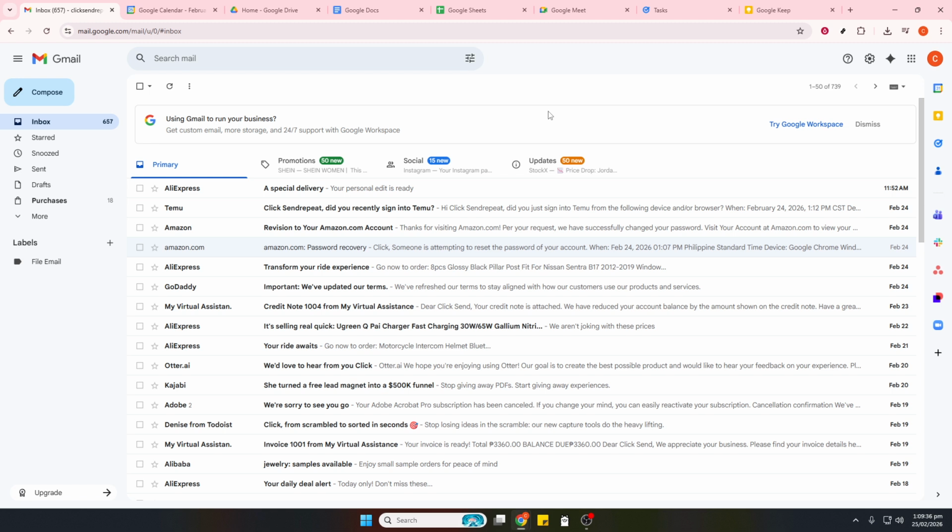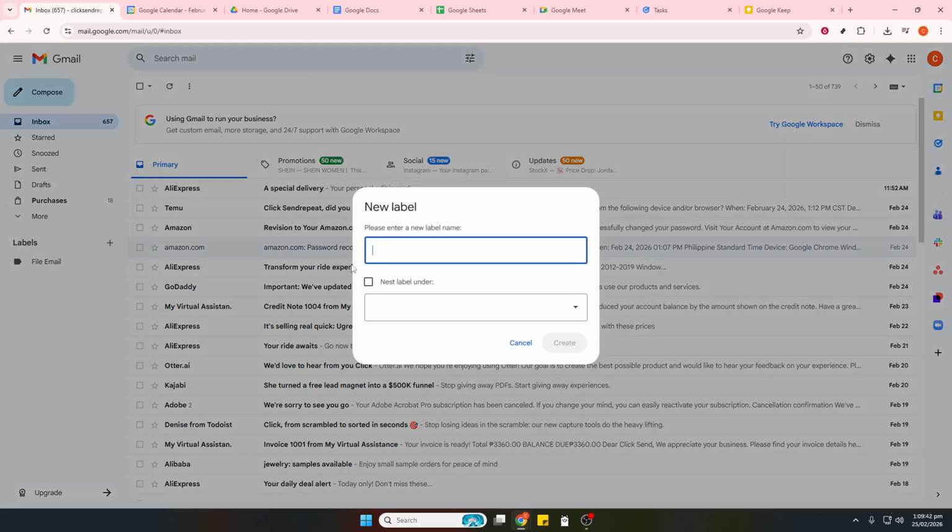Start with your inbox. In Gmail, create labels like clients, finance, content, or urgent so messages land where they belong. Pair those labels with filters to auto-sort new emails as they arrive so you don't have to drag and drop manually. Star the messages that truly need action and use templates for replies you send often to save time and